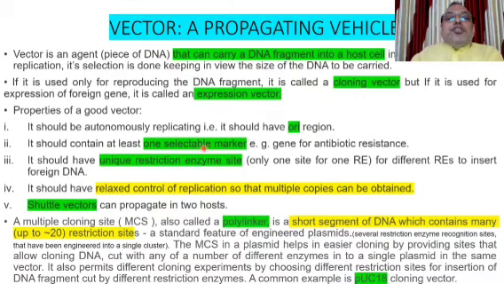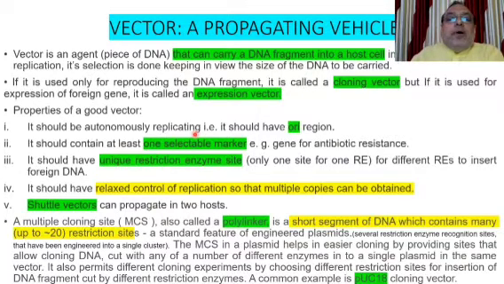Then there is a selectable marker. It should have a selectable marker. So what is a selectable marker? A selectable marker is a marker by which we are able to identify the vector which is flourishing in a cell having recombinant DNA technology. That is,